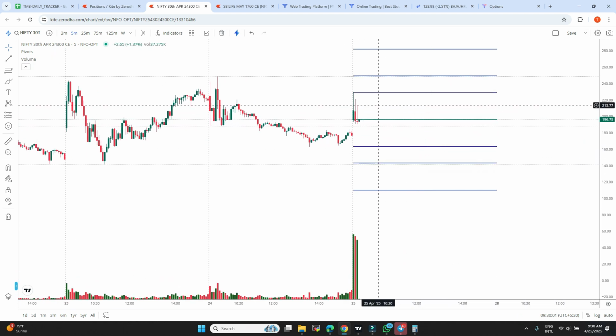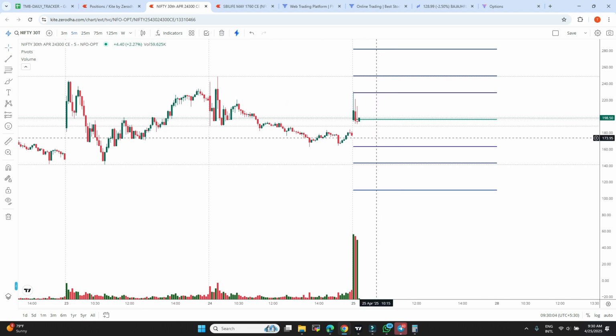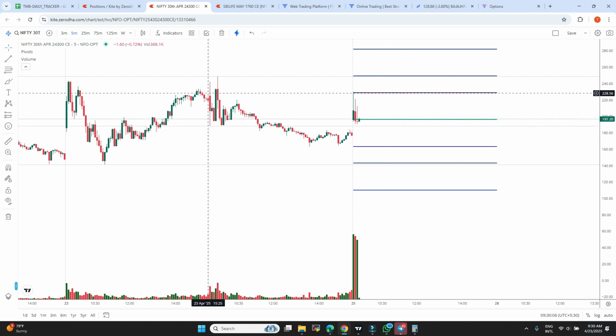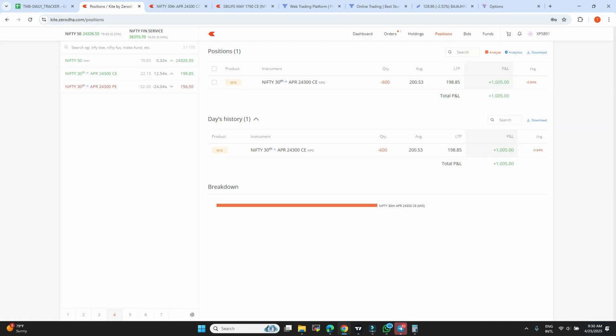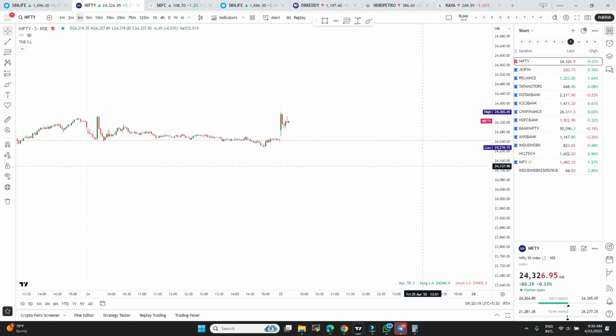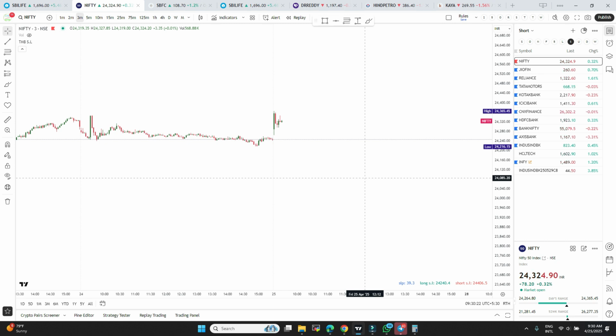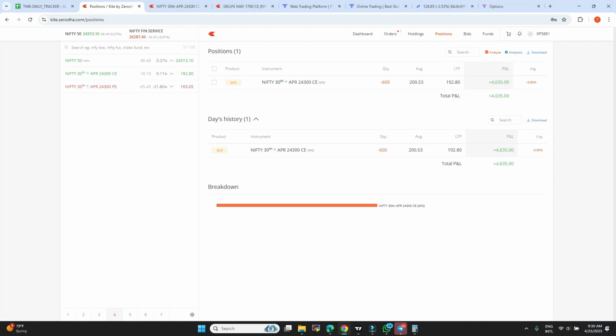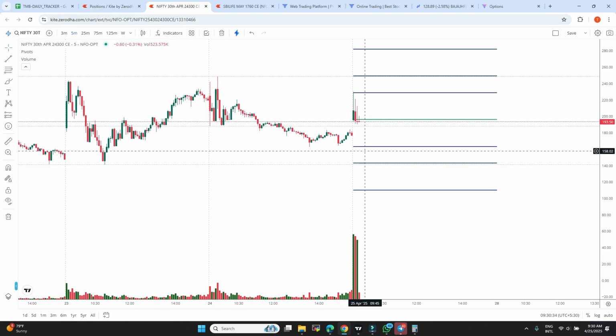Hi friends, this is the Nifty option chart. I initiated the trade around 200. Okay, let's see what is going to happen in this trade. As per my expectation, market has to fall today, but market is showing some strength. It is going up. We'll see. If this is the case, what is my target? My target is 163.